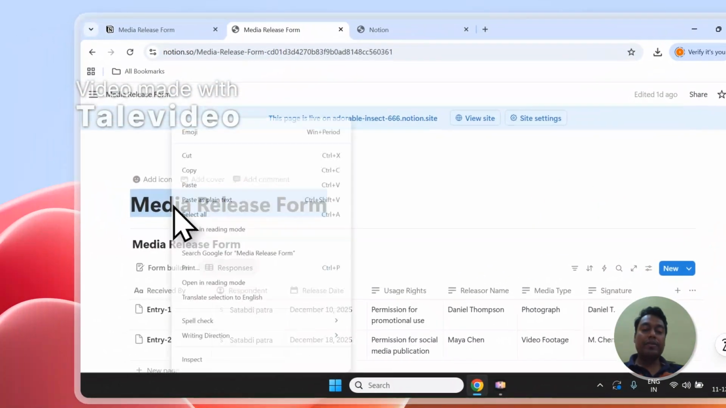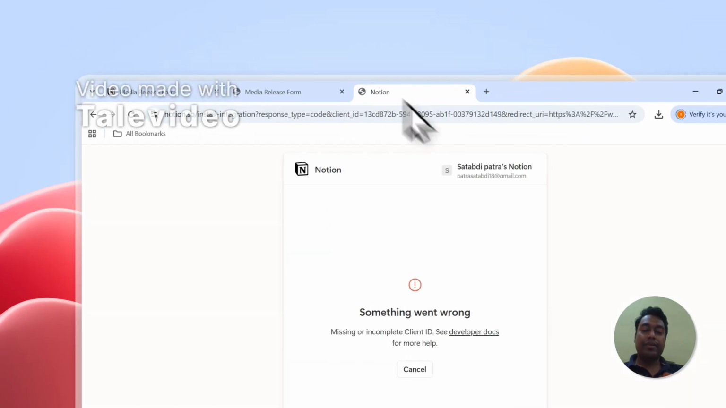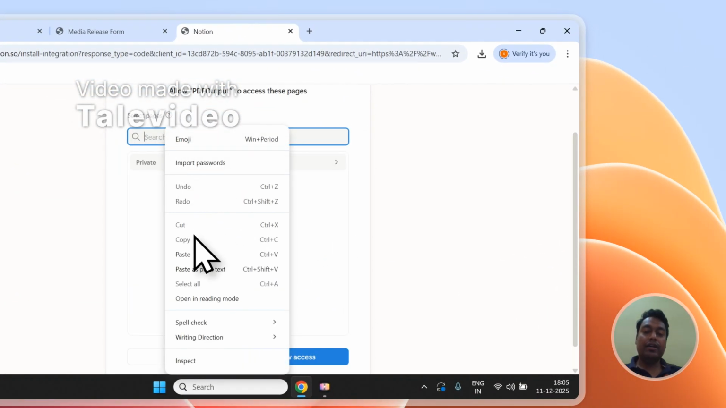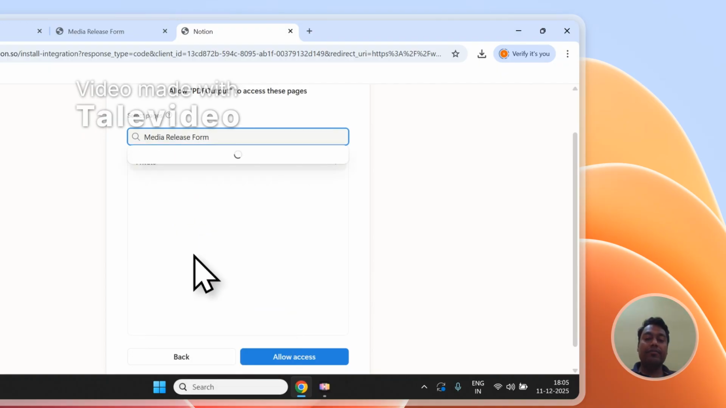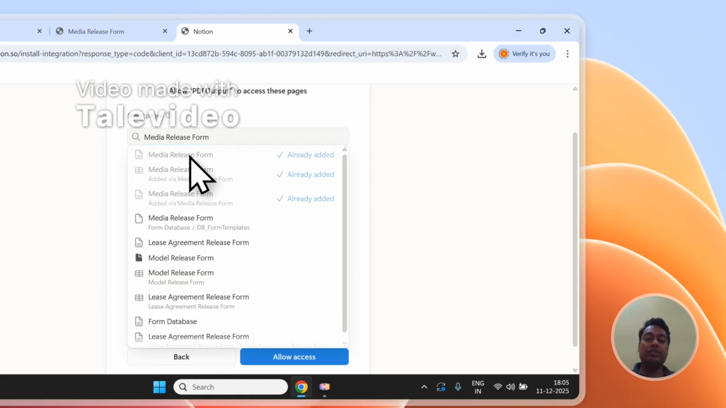And meanwhile, let me copy the database title which I already have on my Notion workspace. And this is what I'll be using to connect to generate the PDF. So let me click on select pages and put the title inside the search pages field. And I should be able to connect the same inside here to generate the PDF. So I will simply click on media release form,